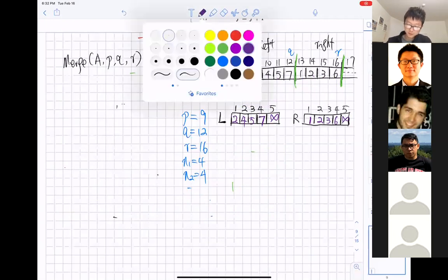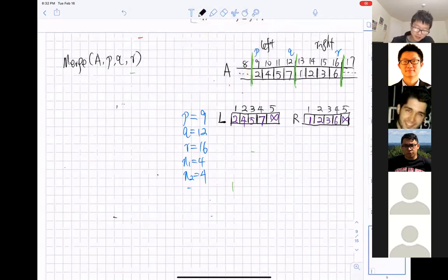I'm going to write down the pseudocode of the second part over here. i equal to 1 and j equal to 1, for integer k starting from p to r.